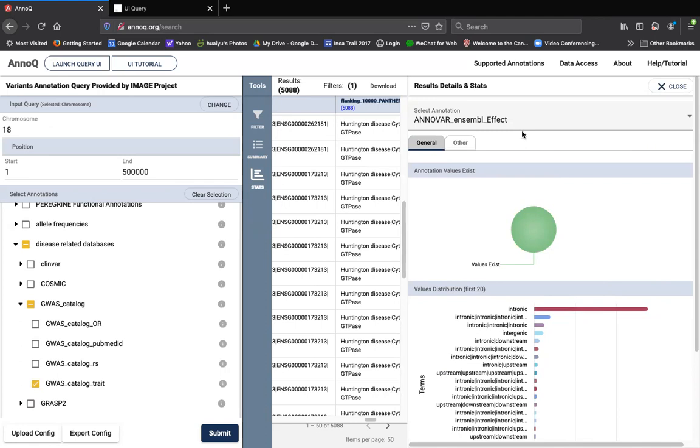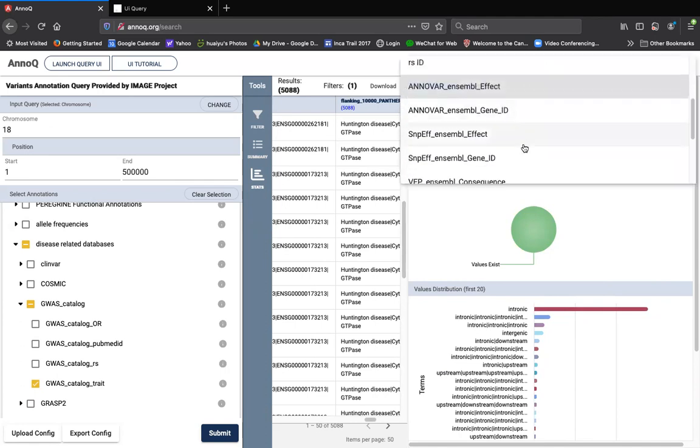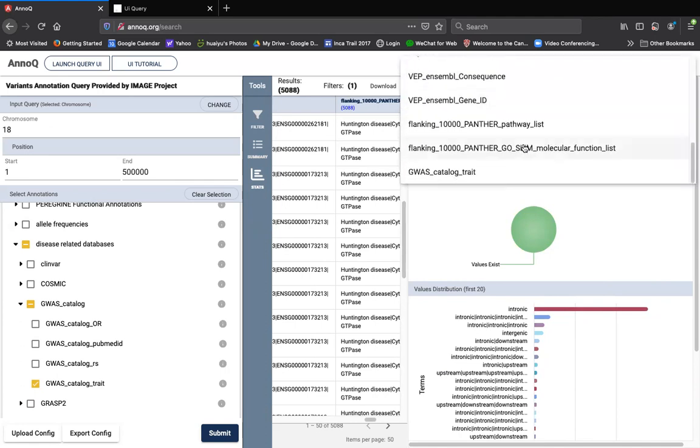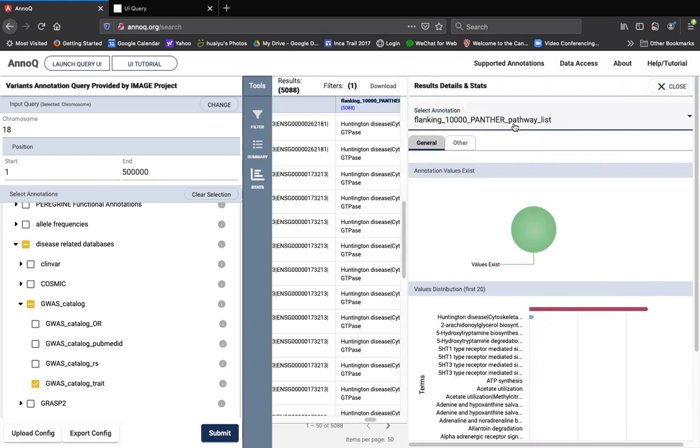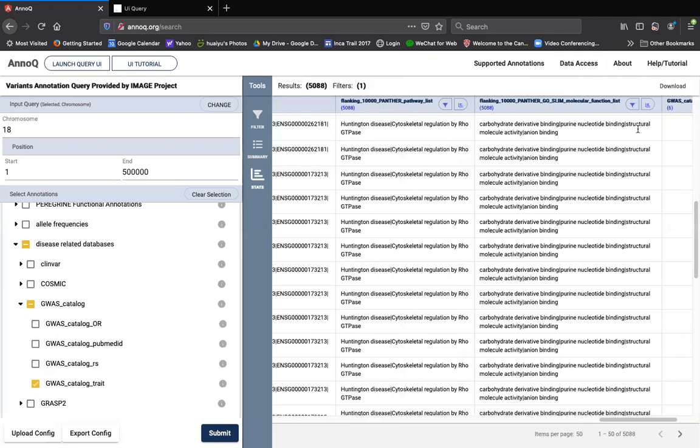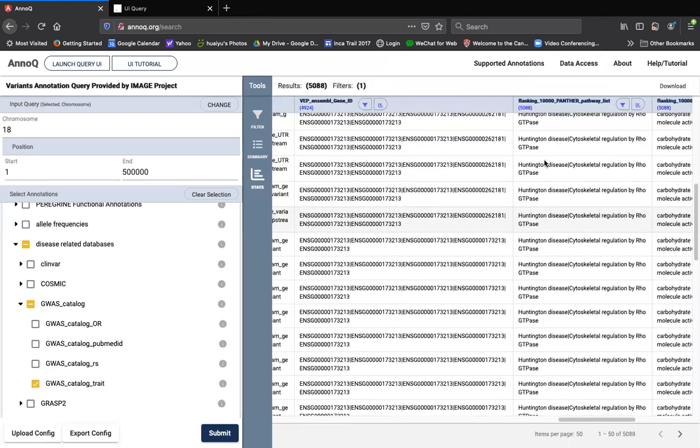You can do that. And sometimes I'm curious about, for example, pathways. I can do that. So that's how I found that a lot of those don't have any, it's still listed. We should probably remove that. But 192 is involved in Huntington disease. That means there's probably one particular gene in there, all these variants map to that gene, and that gene is involved in this pathway, right? So this is basically how you can view those data,